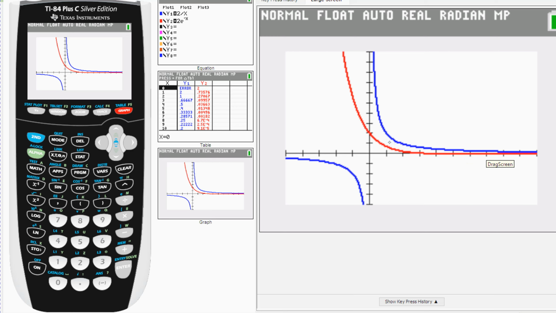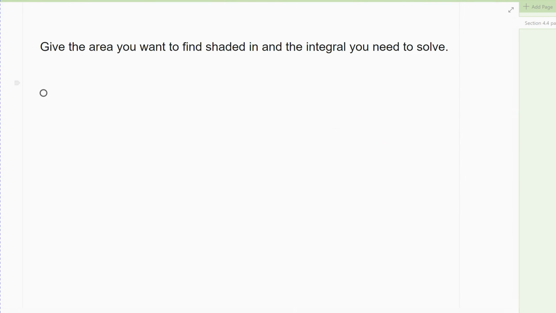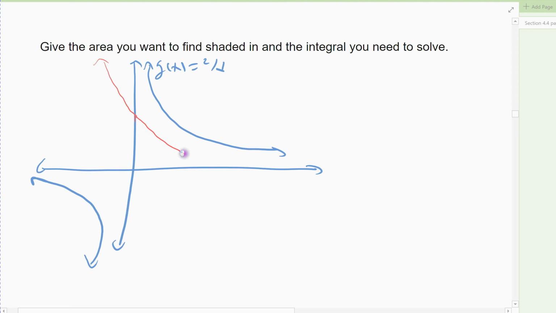And so I'm going to kind of try to graph that in my notes. Alright, so the picture. So maybe I will use 2 different colors. Alright, so the blue function was my G of X, which was 2 over X, which is this shape. My red function, which again I'm going to make a little bigger than it really was, it's that E function that approaches